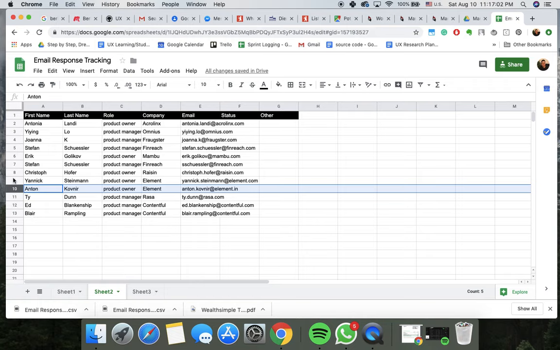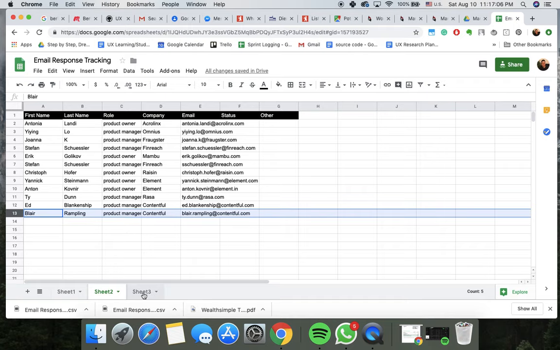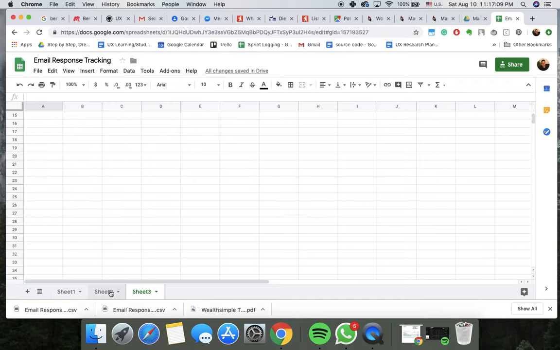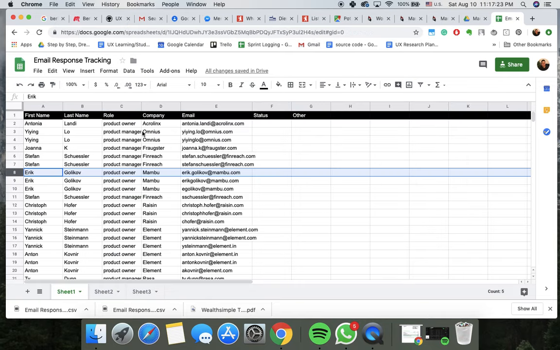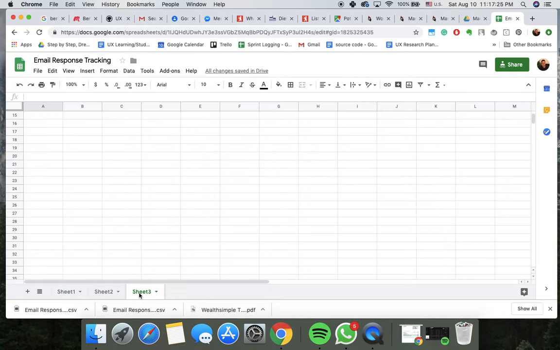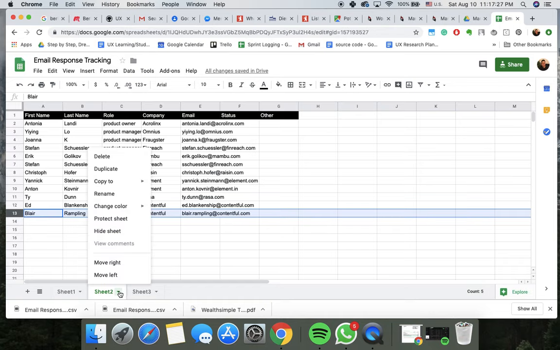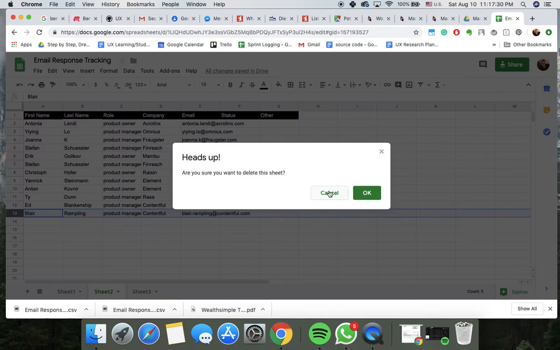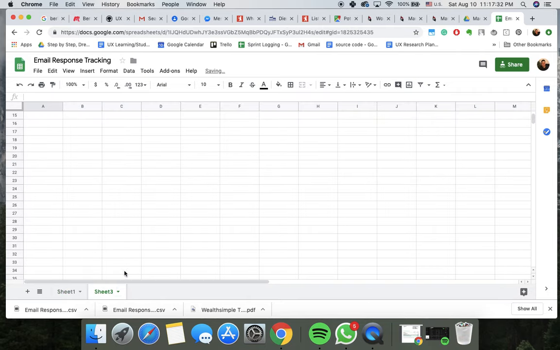So Element, for example, you could take one guy off. Contentful, you're going to take one guy off. So I made a third sheet. The third sheet is going to be basically you messaging only one person in the company at a time, using only one type of email. What type of email? You should use the first variation, which is first dot last name. Okay, I'm also going to delete this,